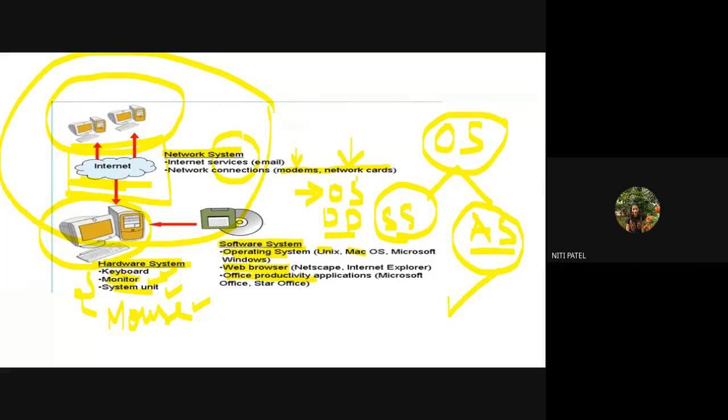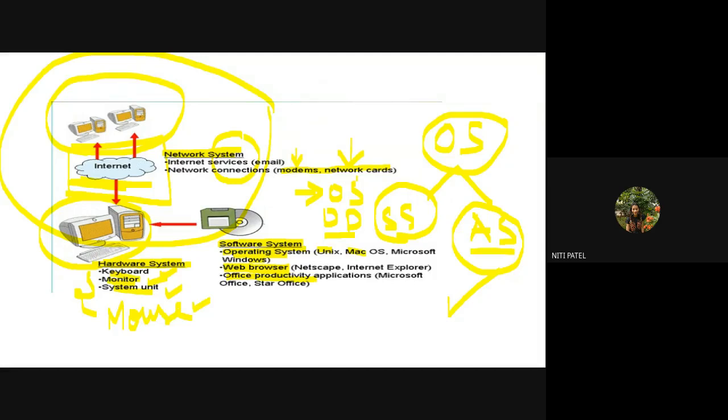What is that? It is nothing but the Cat6 cable. What is that Cat6 cable? That is also one type of a network device which will give an internet connectivity. Is this understood? So your computer system will have a hardware, it will have a software which is compulsory, but if at all you want communication with other device, you have to install the network system also.